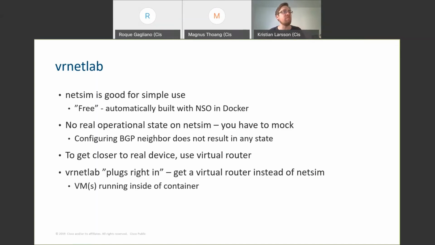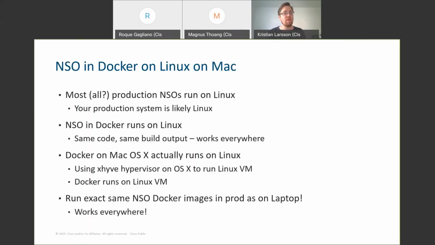So to get closer to a real device, you want to use a virtual router. And VRNet Lab allows you to run these virtual machines, or virtual routers, inside of a Docker container. And VRNet Lab sort of plugs right into the NSO and Docker environment. So it's really easy to replace a NetSim or even run both a NetSim and a virtual router. There are more advanced systems like Cisco CML or whatever, but I think this is a good step up. Although I guess I'm also not objective in this, since I originally wrote VRNet Lab. Okay, so